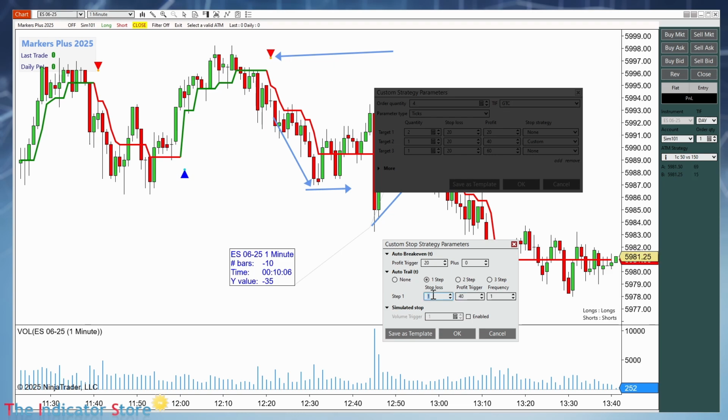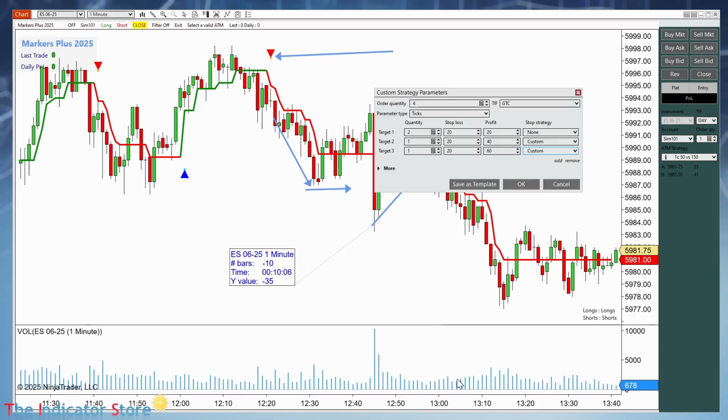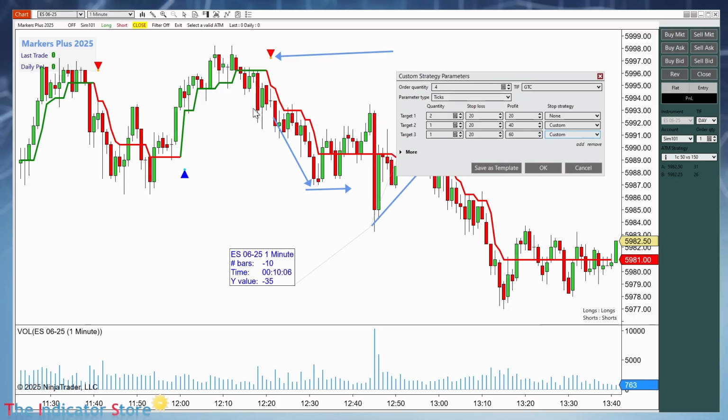And which is the size of my trailing? This is the number that we saw. We needed 35, so let's use 40, a slightly bigger number. And also we can see that it is covering my current profit, so it is a break even. So that will be okay. Now we have a complete ATM with 3 positions,